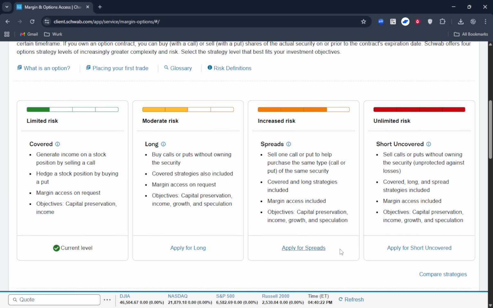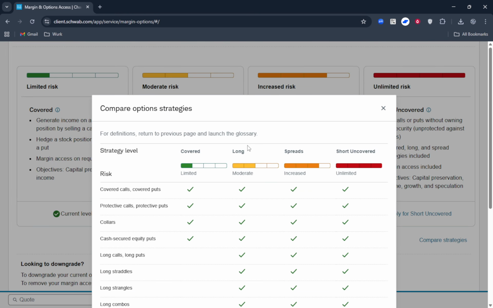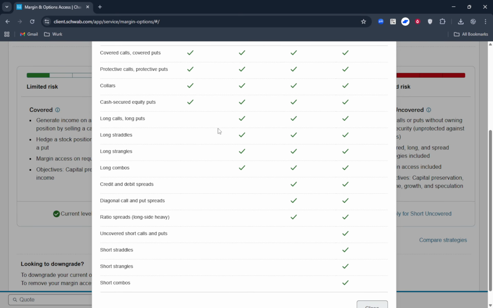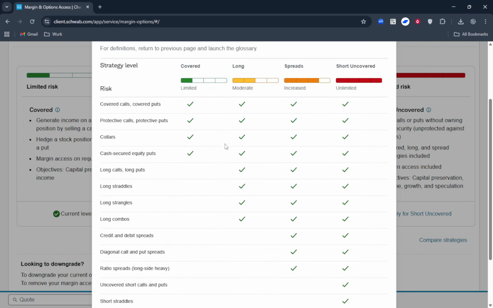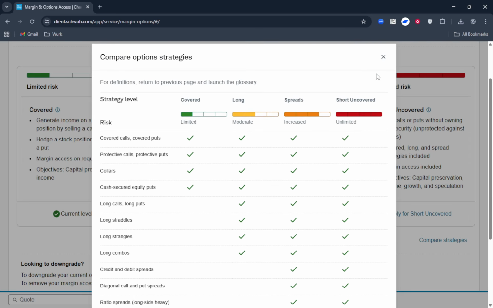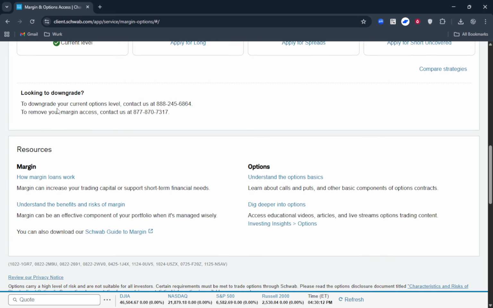You must apply for and be approved for each level. Approval at a lower level does not automatically grant higher-level permissions. Schwab reviews a few key areas to determine suitability: your trading experience, your financial situation, your risk tolerance, and your account type. For example, IRA accounts have restrictions and cannot use margin or engage in high-risk strategies, so expect tighter